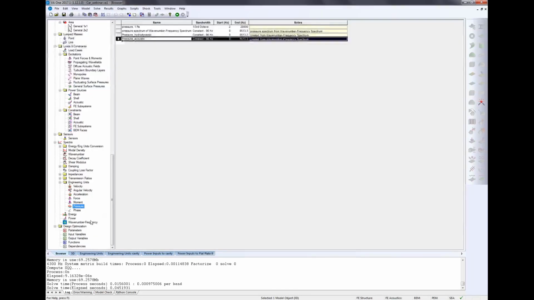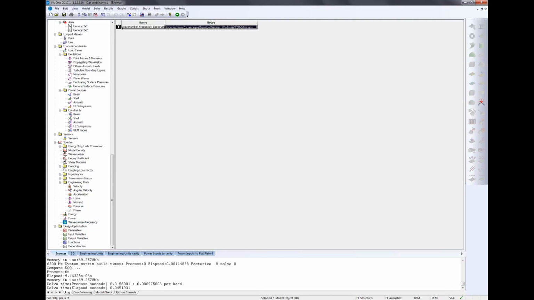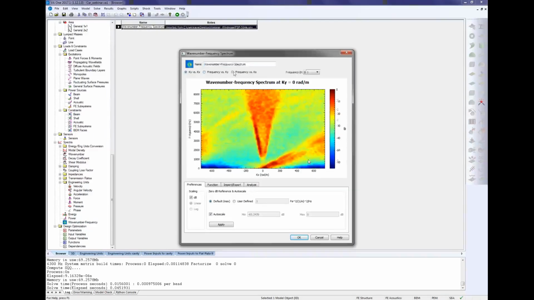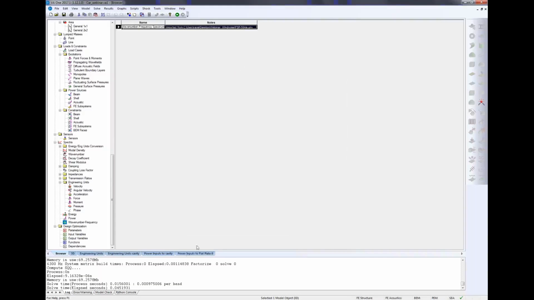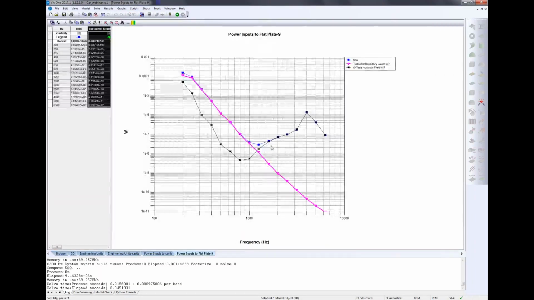If you remember, the convective part is very dominating at low frequency, and at higher frequency, maybe above 1.5 kilohertz, the acoustic part is really dominating in the energy of the pressure field. So this is what you can check here with this result.